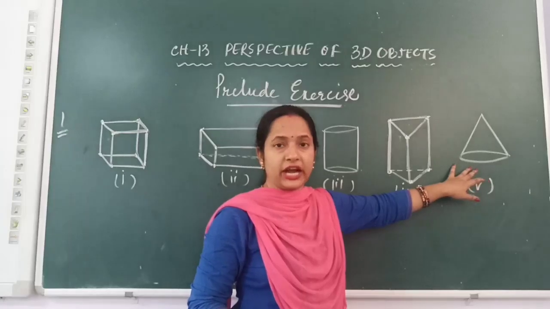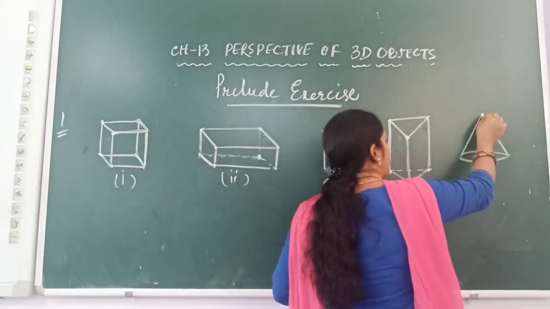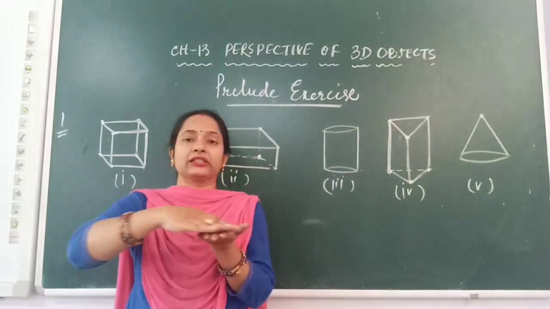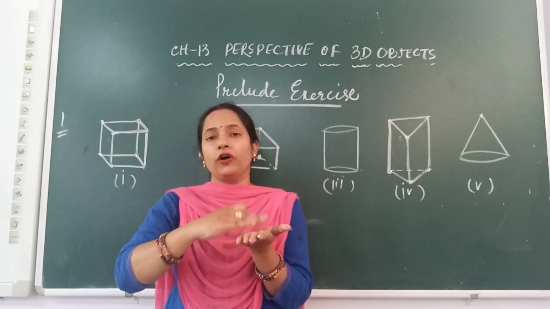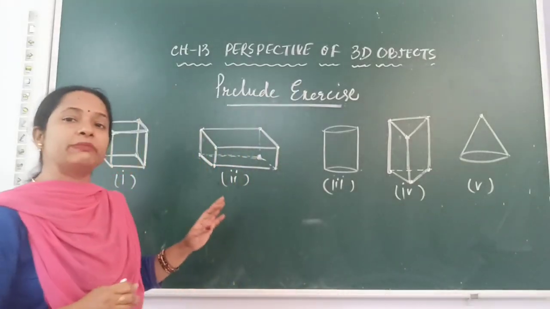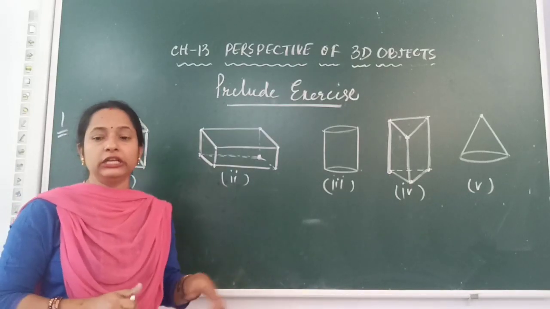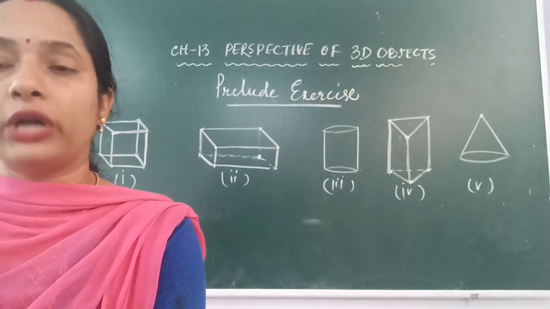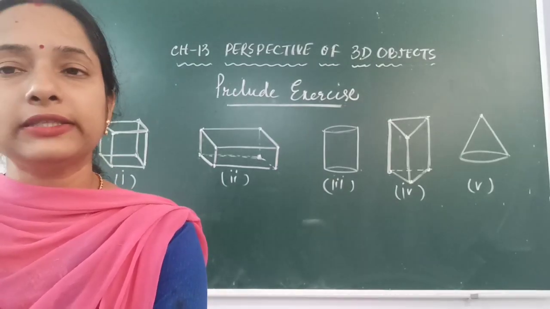If you try to find out the number of edges and corners in a cone, only one corner we have, and the edge will be formed at the bottom or the base near the circular base, where the curved face and the circular flat face of the cone meet, there a sharp edge is formed. So children, these are the number of edges and the number of corners that you can find out in a 3D shape. So question number 1 is completely for you. You just try to write down all the required information regarding these 3D shapes, whatever is asked.